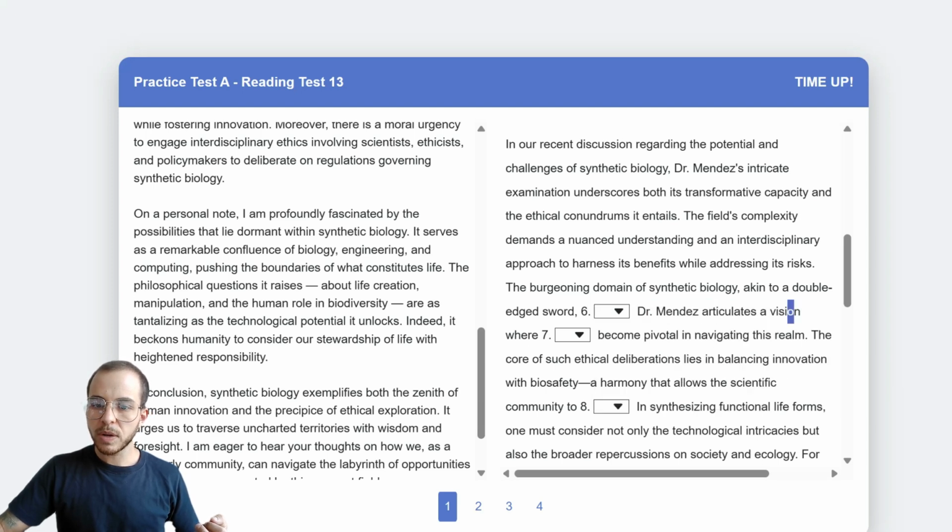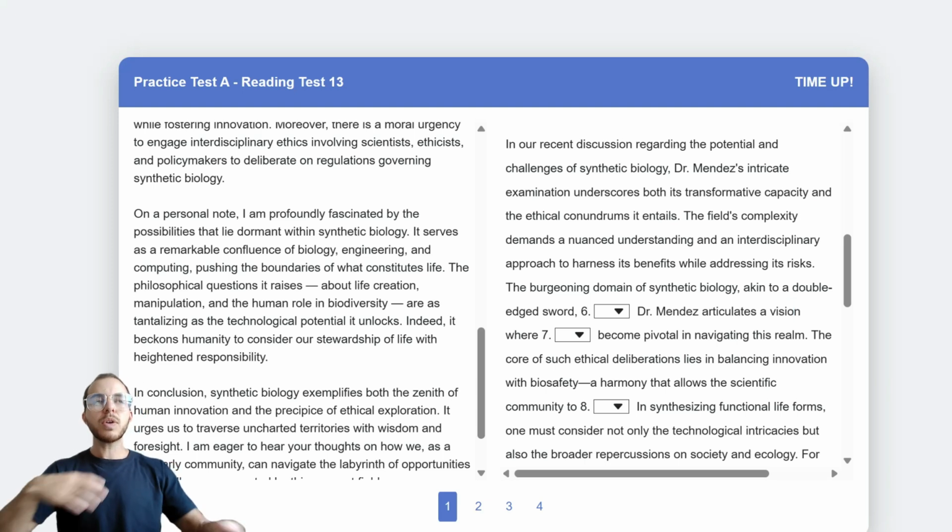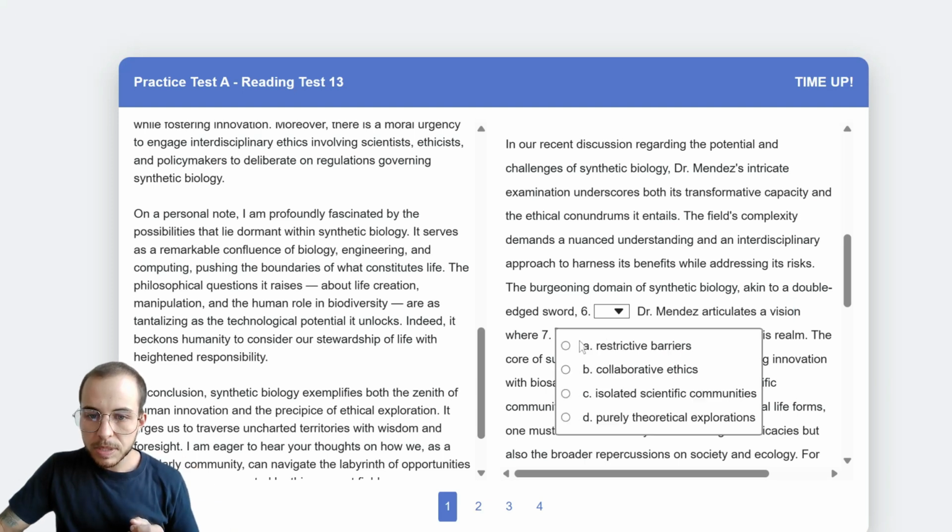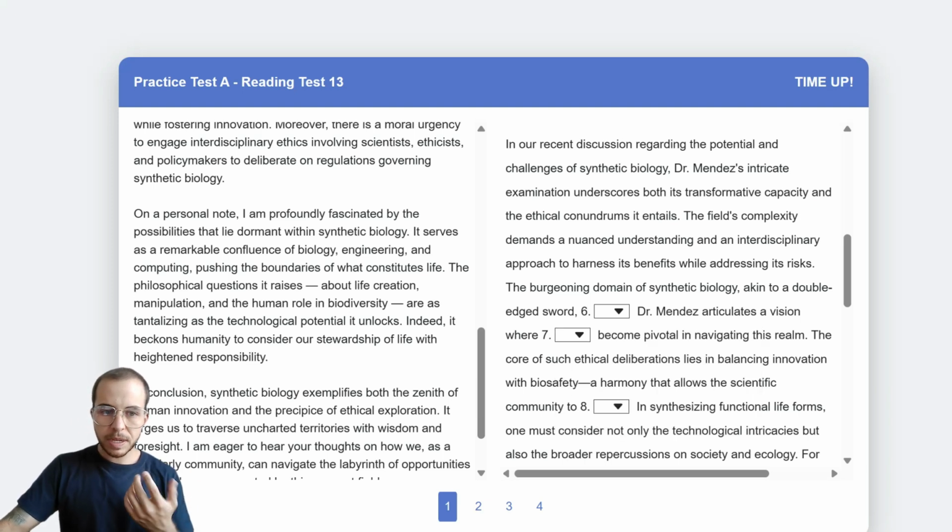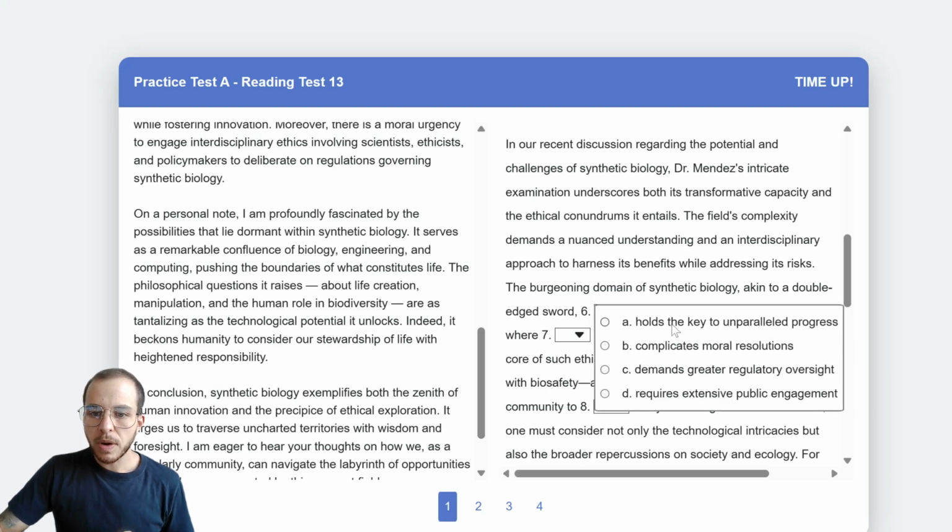Her vision, where something is pivotal in navigating this realm. Okay, so her vision, what is number 7 about? Okay, that creates barriers, that does something towards this realm. So,